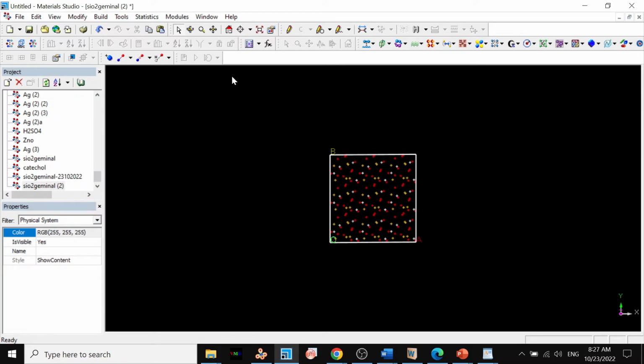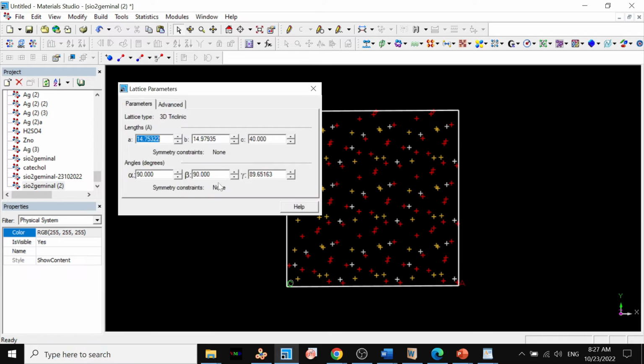Sorry, I collect the lattice parameter here. So A is 14.75322, B is 14.97935, and because we create vacuum along the Z or the surface normal direction